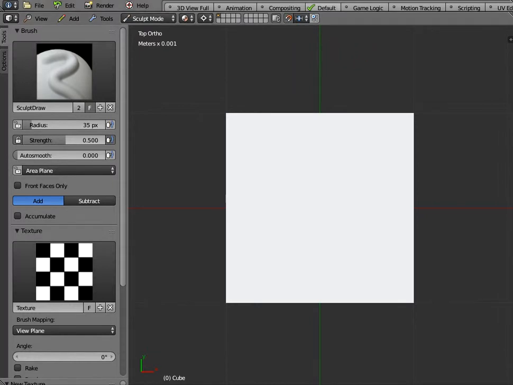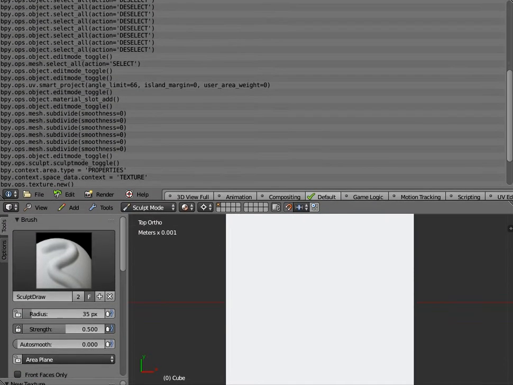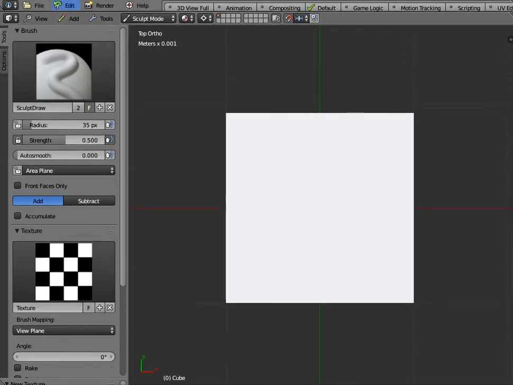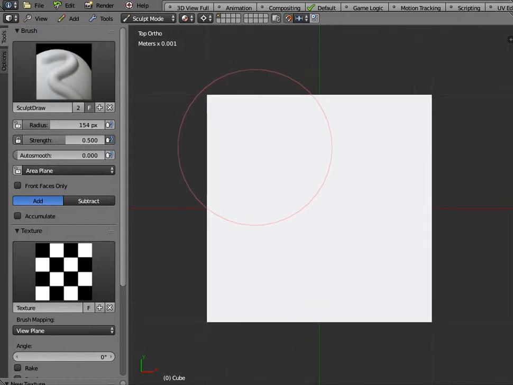Okay, so I open the screen, the top panel from between the file menu and the view menu. That's where I got it from. And you can see that I've now got this texture in FluidDesigner here, and I'm in sculpt mode. Now the size of the brush, this circle here, is controlled by the radius, so I'm just going to increase that a little bit, and what I'm going to do is demonstrate how I can select